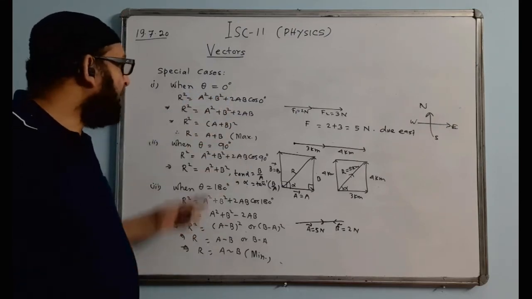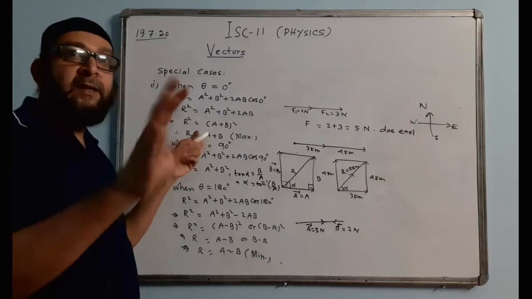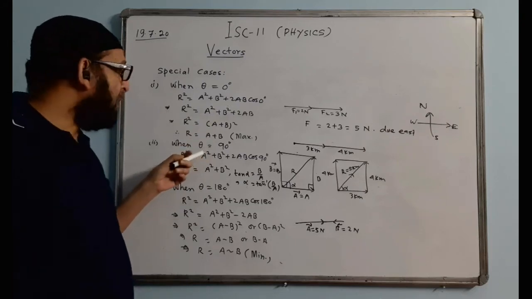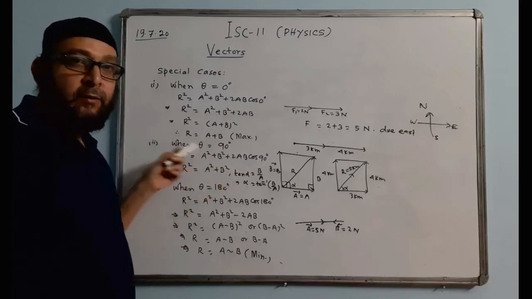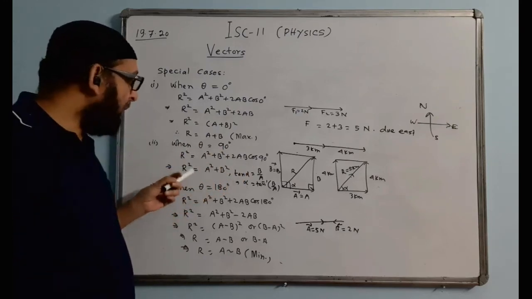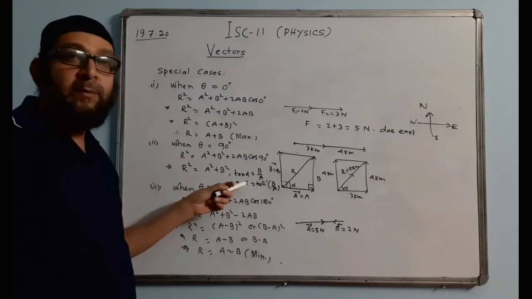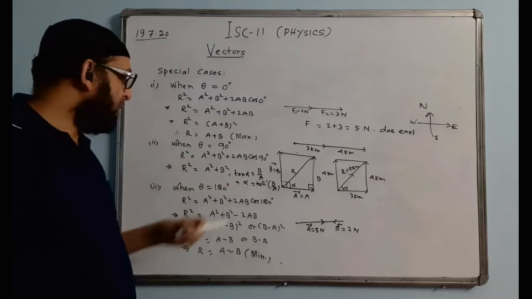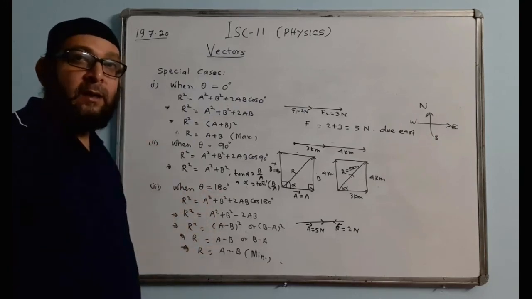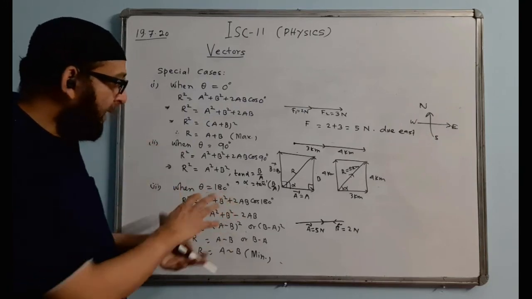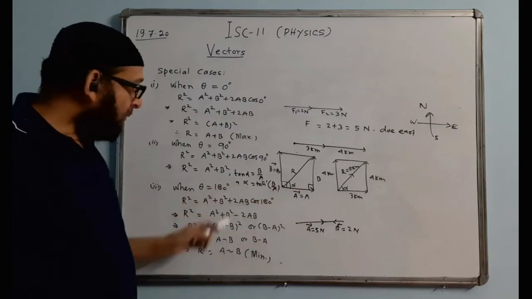Then only we can simply add them. They will behave like scalars in that situation only. In other cases, it all depends upon the angle theta, and we will use that formula for R, the magnitude of the resultant, and at the same time we find the direction. We will bother about the direction also, what direction it is. And when they are in the opposite direction, though we are finding the resultant of addition, the magnitude will get subtracted because of this formula.